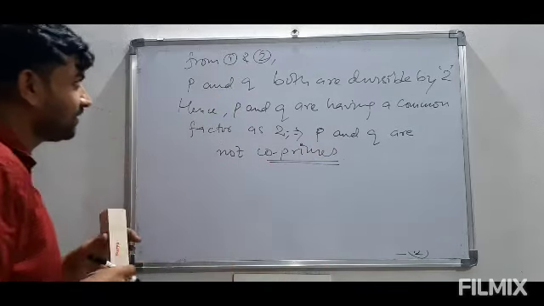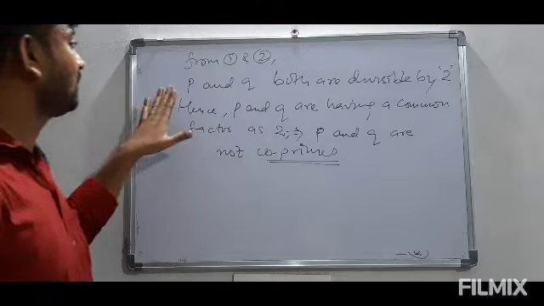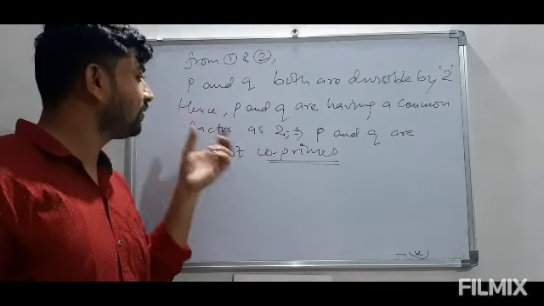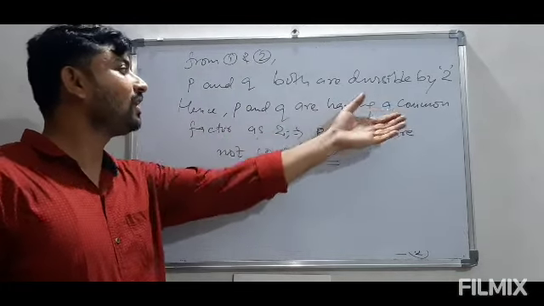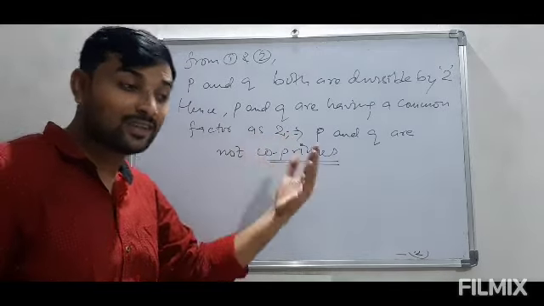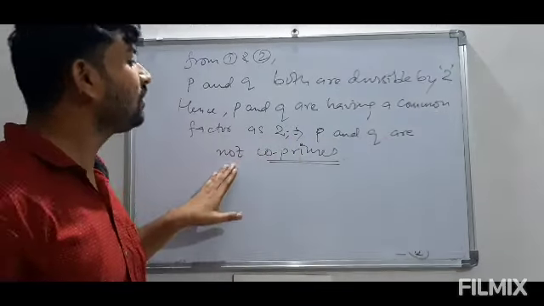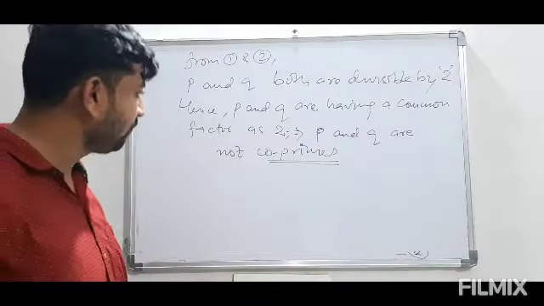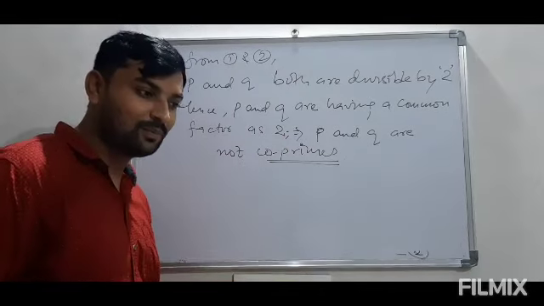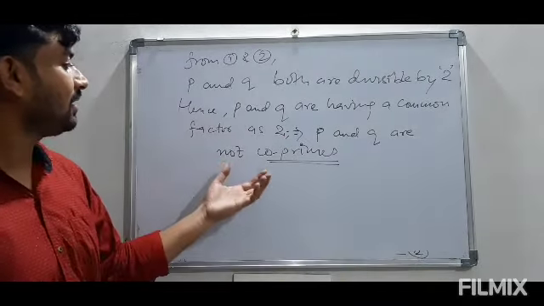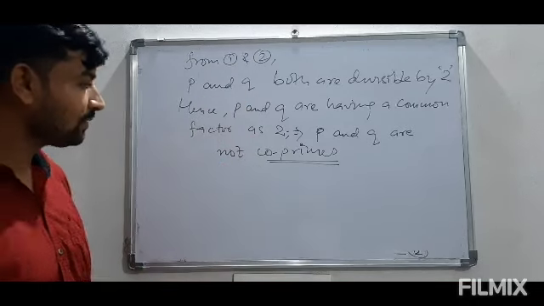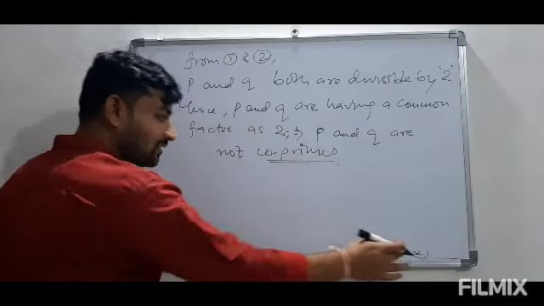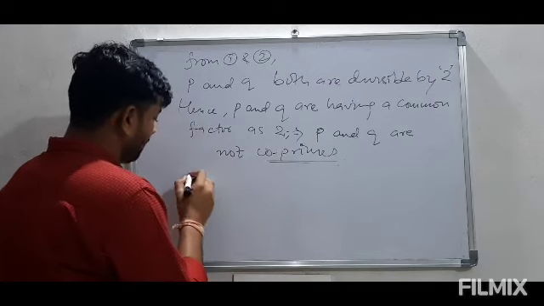This is really important. We have assumed in the earlier part of this solution that P and Q are co-primes and they do not have any common factor. Here what we are getting as a result, P and Q are having a common factor, that is 2, other than 1. So P and Q are not co-prime. This is true. Co-prime numbers are those numbers which have only one common factor, that is 1. Here we are able to find some other number which is not 1, and hence these P and Q are not co-primes. Now as we have assumed, this is coming out to be wrong, our assumption is coming out to be wrong. Why? So we have to write